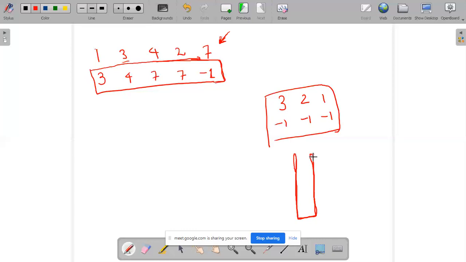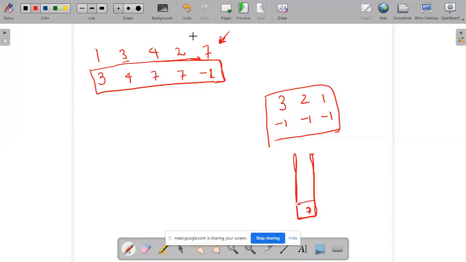If the stack is empty, I'll push -1, since there is no element. And I'll add this 7 into the stack.